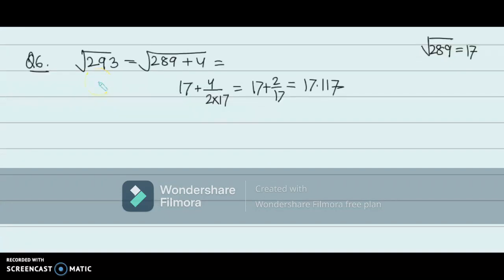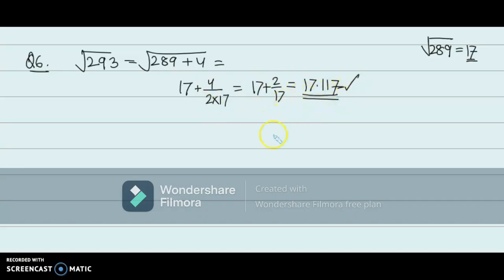Our next example is square root of 293. I can write it as 289 plus 4 because 289 is a perfect square and its square root is 17. So our answer will be 17 plus 4 by 2 times 17. 2 and 4 get cancelled. You are getting 17 plus 2 by 17 and the answer is